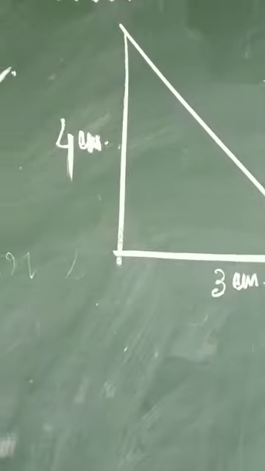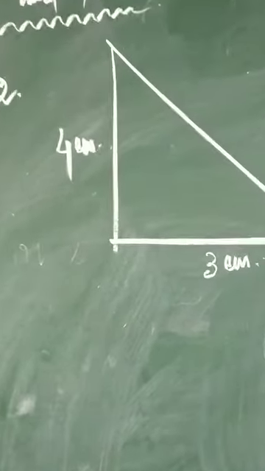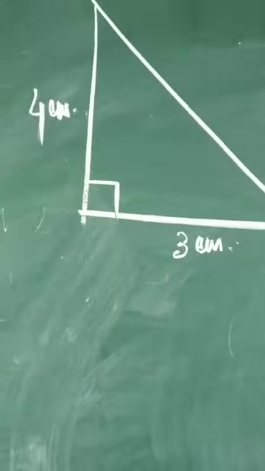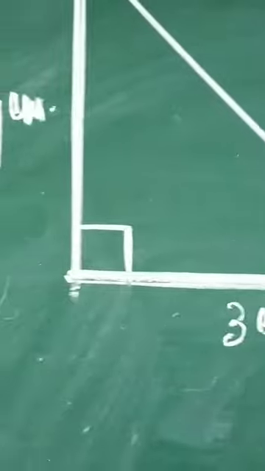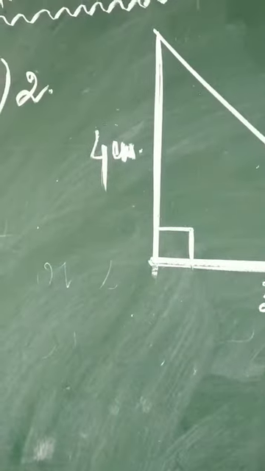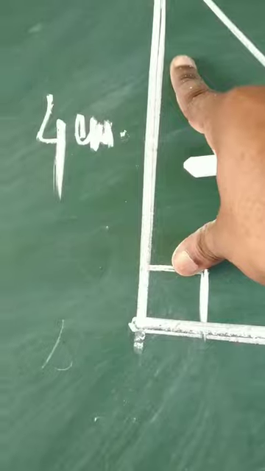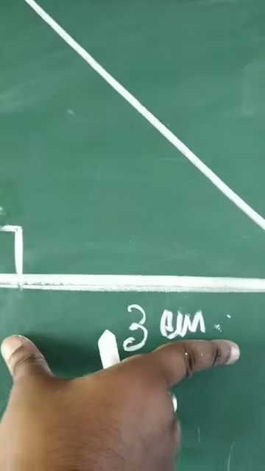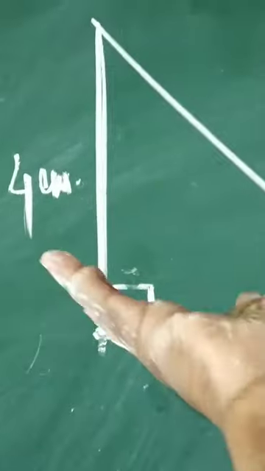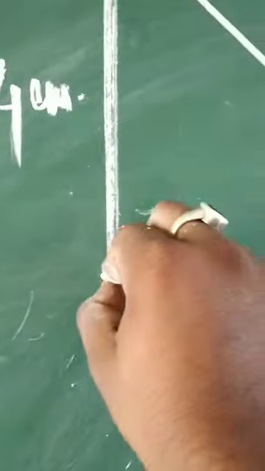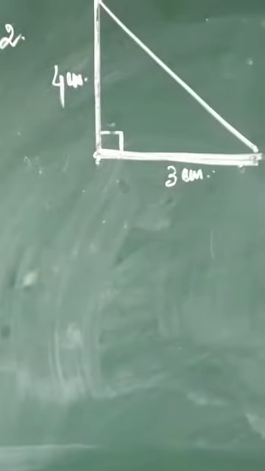Children, this particular figure is a right angled triangle, which means this is the height of this triangle and this is the base of this triangle. Not necessarily this one has to be the height. It can be base as well. If I flip this figure in this way, in that case 4 centimeter can be taken as height and 3 centimeter can be taken as base. This is the speciality of such kind of triangle in which the height and base can be altered.